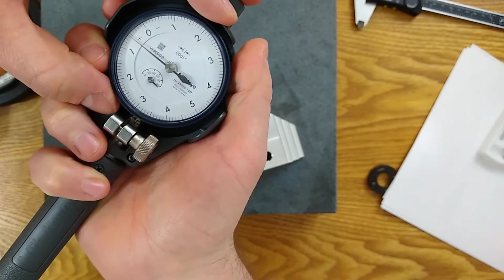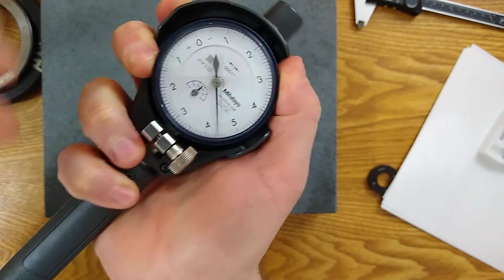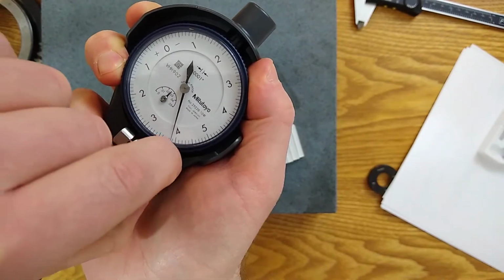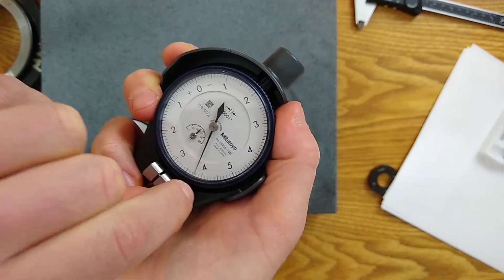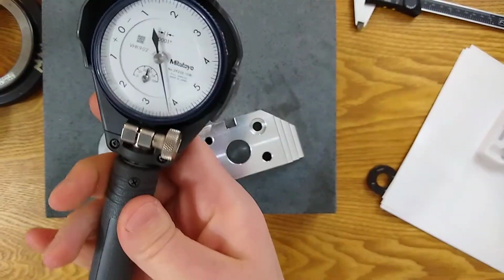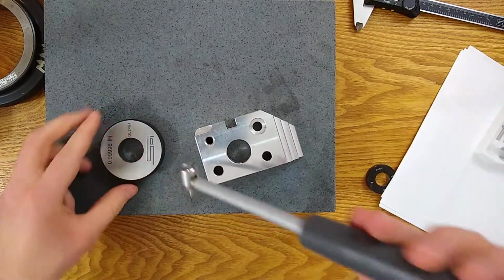So I'm gonna apply some pressure and try to do this on camera. So there, I'm somewhere in the middle, and I'm gonna clamp down. Okay, that'll give me hopefully enough travel. It may or may not, I don't know. So now that I'm clamped in, got my end on, I'm gonna try to measure my